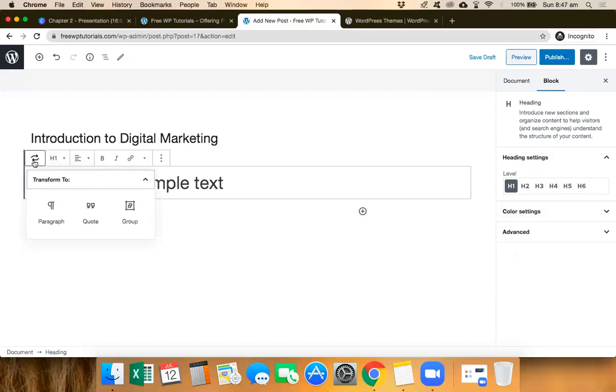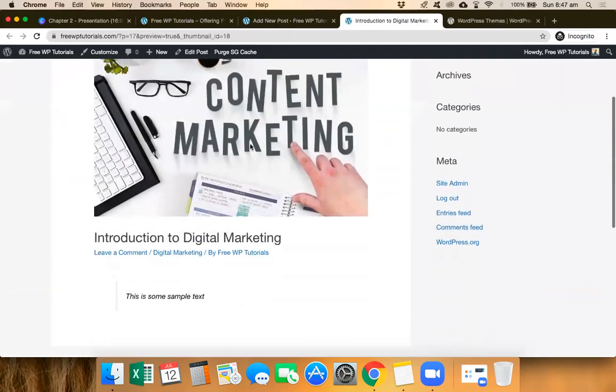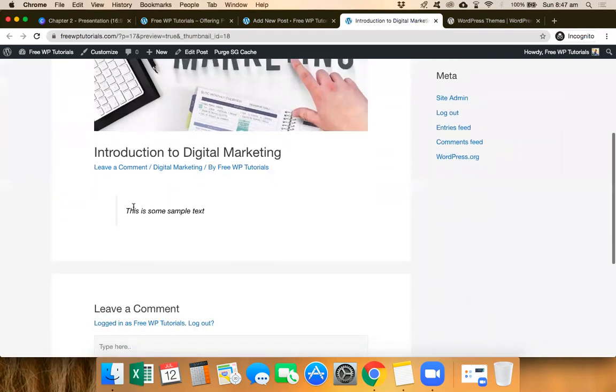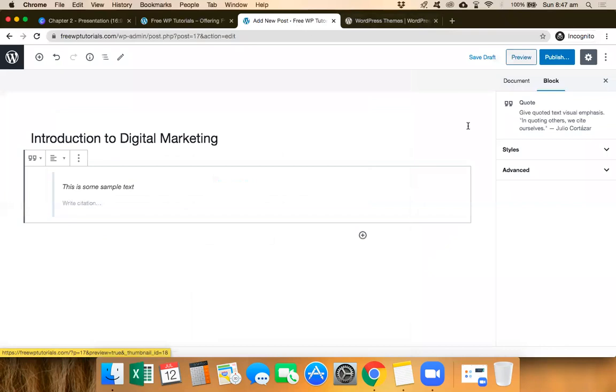So now if I want to make this a quote, I can make this a quote as well. Now this will appear as a quote. Now if you want to preview this before you actually publish, you can click on this top preview and you will get to see how it actually looks. We have a featured text. You have got the introduction, that is the title, and the quote, which you have made from that particular text at this point of time. So this gives you a preview of that particular article.